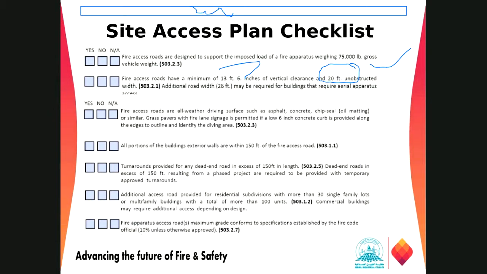So the best way to keep all the points in mind while reviewing a plan is to go with the checklist so that we can just tick it off, what is their requirement and how they have provided it based on the various code requirements. Right. And the route shall be provided for all the seasons, right? Summer, winter, spring, and autumn.